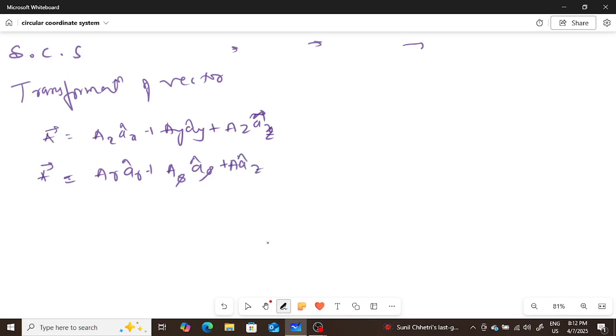When you want to multiply these two vectors,